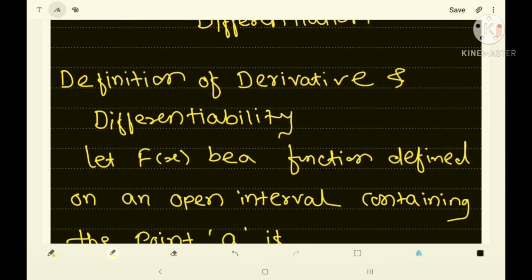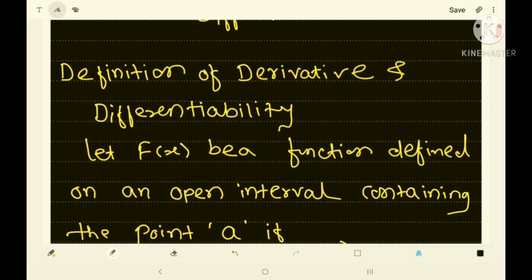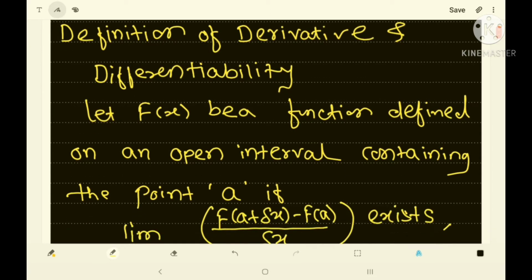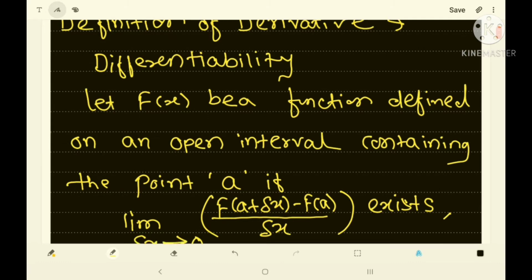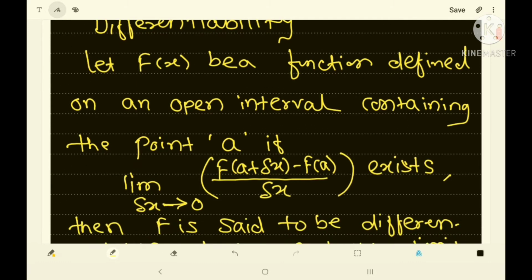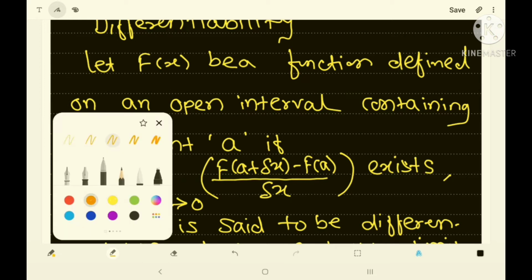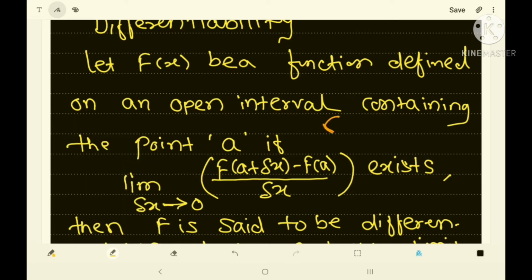From your textbook, I wrote the definition of derivative. What is meant by derivative and what is meant by differentiability? See, let f of x be a function defined on an open interval. Open interval means what? Which kind of interval? Open interval, round bracket. Okay. Let f of x be a function defined on an open interval containing the point a, if limit,